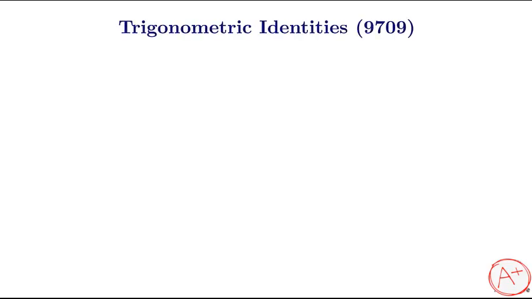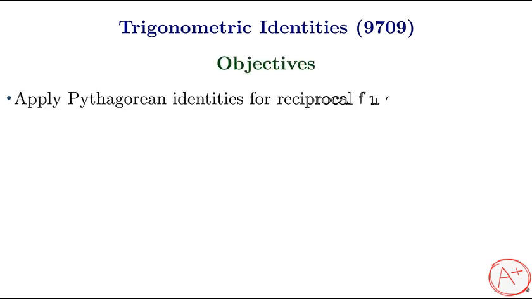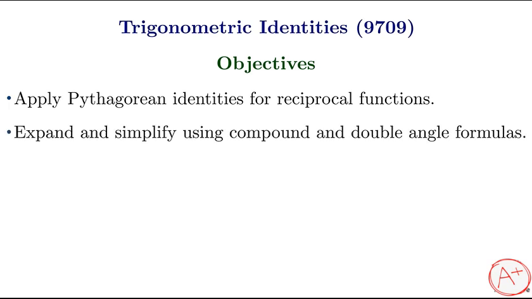In this lesson, we will master the use of trigonometric identities, focusing on the pure mathematics 3 syllabus for the Cambridge 9709 examination. You will learn to manipulate fundamental Pythagorean identities, compound angle formulas, double angle formulas, and the harmonic form. These tools are critical because they allow us to simplify complex expressions and solve trigonometric equations that would otherwise